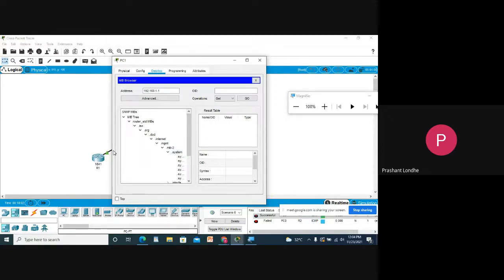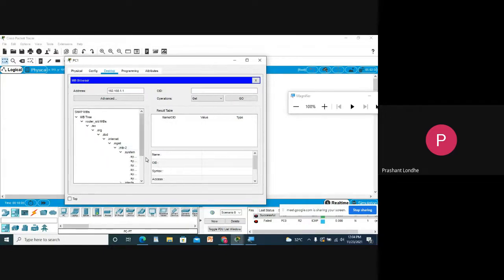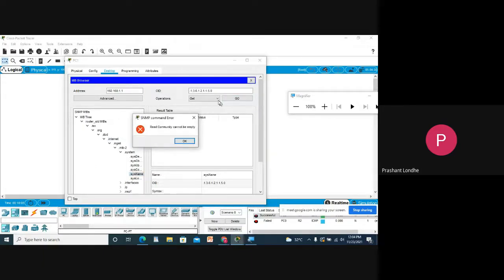If I click on system name and try to retrieve the information, it will give an SNMP command error: read community cannot be empty, because I have not set any community over there.